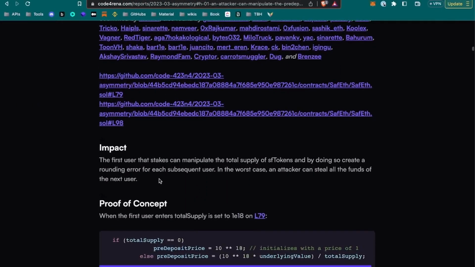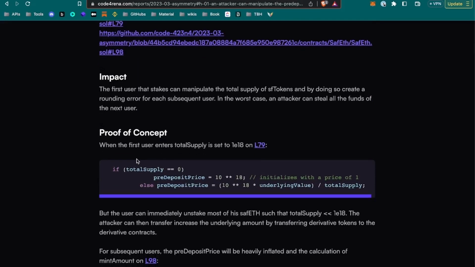The impact. The first user that stakes can manipulate the total supply of SV tokens and by doing so create a rounding error for a subsequent user. In the worst case, an attacker can steal all the funds of the next user. The proof of concept says that when the first user enters, the total supply is set to one elevated to 18 on line 79. Okay, that's happening here. But the user can immediately unstake most of his safETH, such that total supply